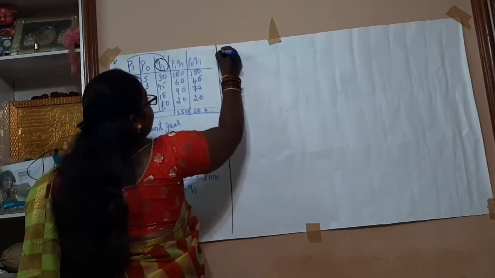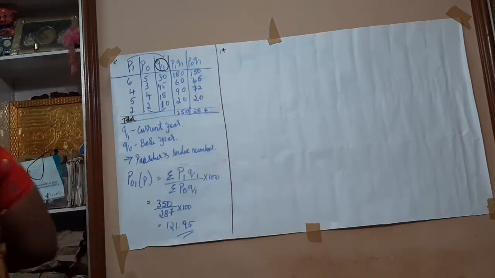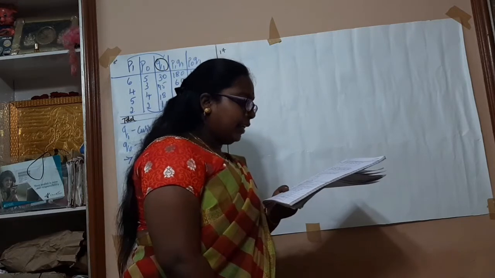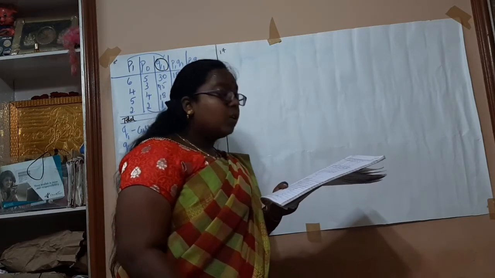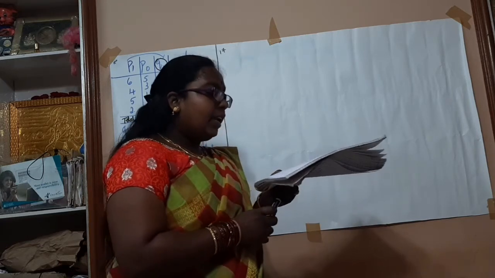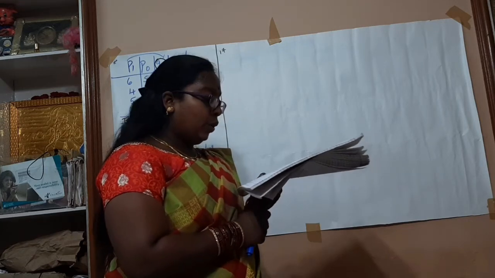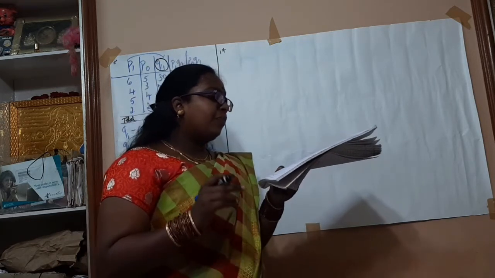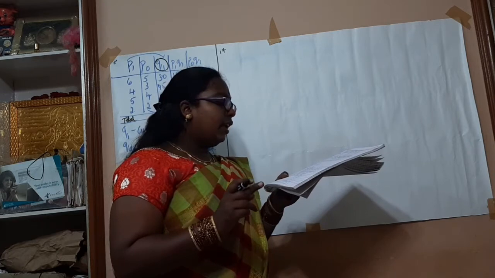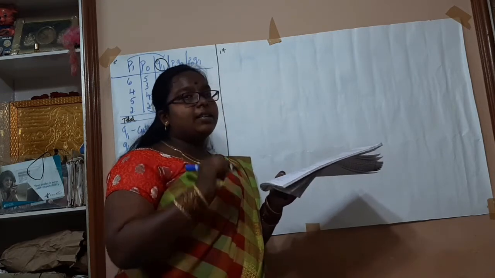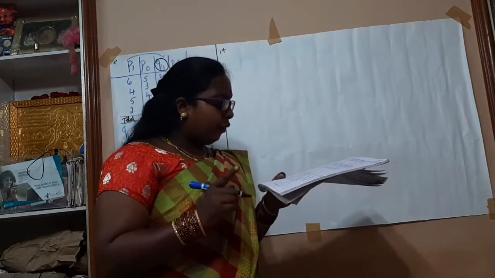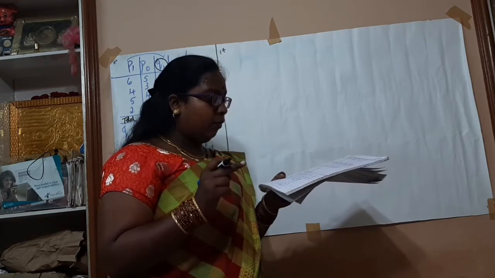I will do it here only to show the differences. So your 17th problem goes like this. Compute the Laspeyres price index number for the following data given. Items are given A, B, C, D, E. We don't need the items. Next, price in 2004 they gave 5, 4, 6, 8, 2. Then price in 2006 they gave 7, 3, 8, 10, 1. Expenditures are given; they have not given you quantities. They gave you expenditures in 2004, that is 30, 16, 48, 72, 4.